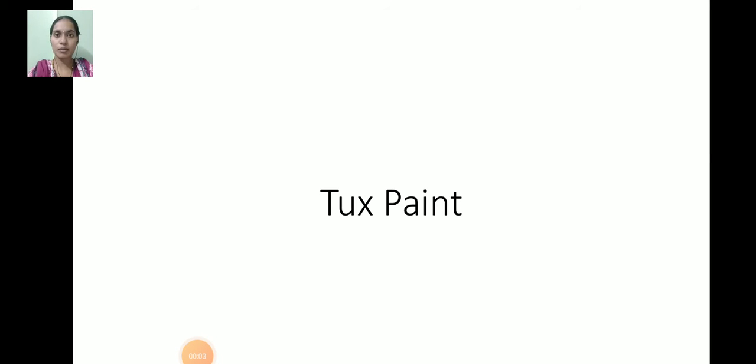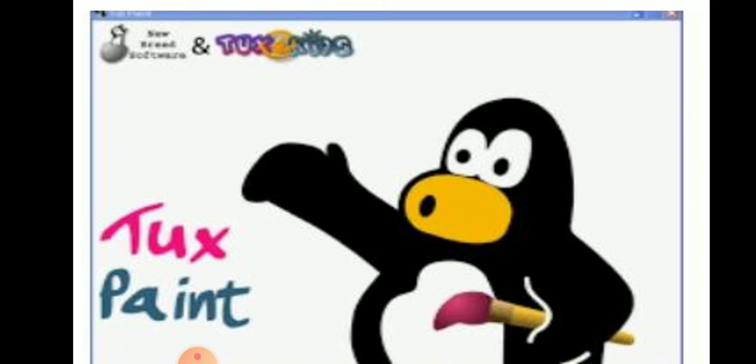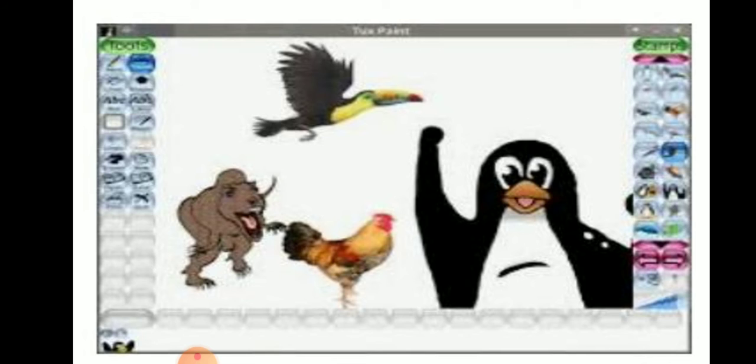Today we are going to discuss the topic of Tux Paint. Children, you already know what is meant by paint, right? We use paint for freehand drawing, and also tools along with brush shapes. There are line tools and brush shapes to draw beautiful patterns, and we can try magical effects by using the magic tool. In Tux Paint we have a set of magic tools. Here we can also learn how to save our work and how to open an already saved file.